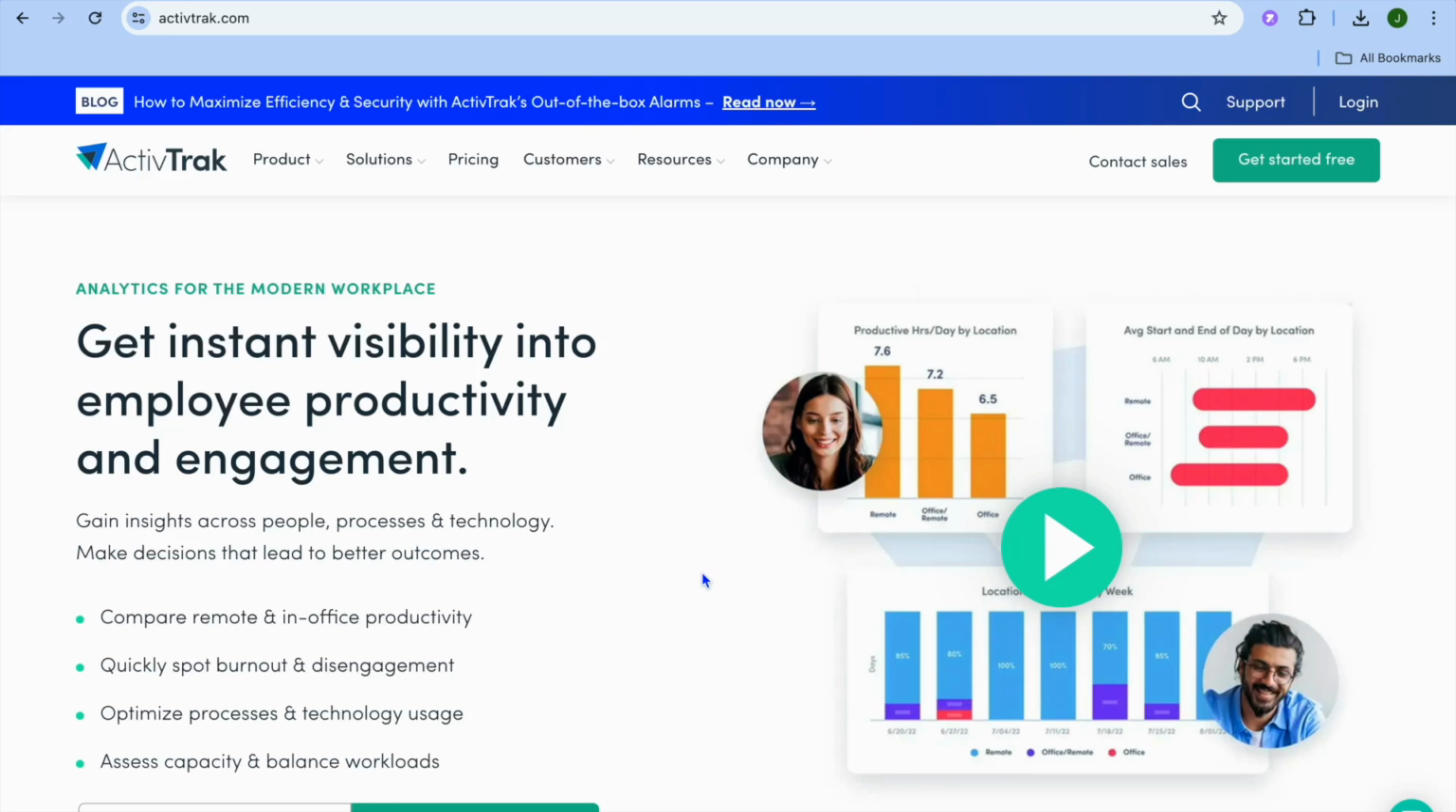In this tutorial, I'll be showing you how to use ActivTrak as a beginner. ActivTrak is one of the best time management platforms for businesses. With ActivTrak, you'll be able to not only monitor your workers' productivity, whether remotely or in office, but you'll also be able to set up idle time, and you'll also be able to spot any burnouts or disengagements. So this makes it a very good platform whether you're a boss or a project manager or whether you're an